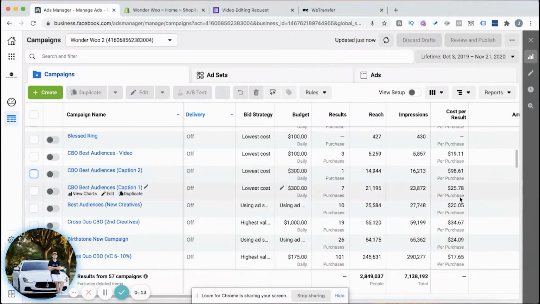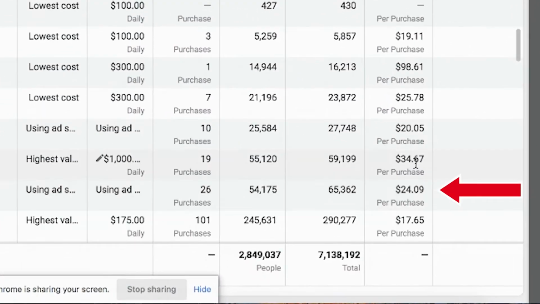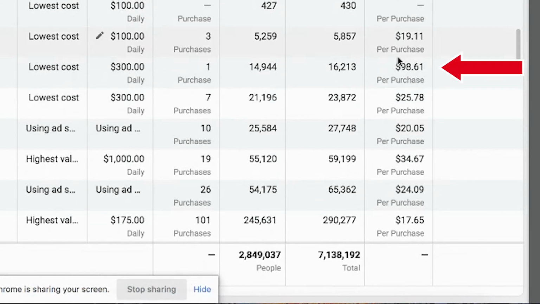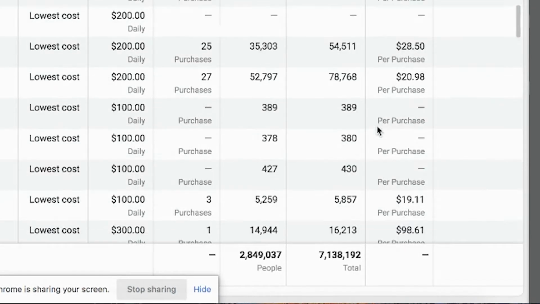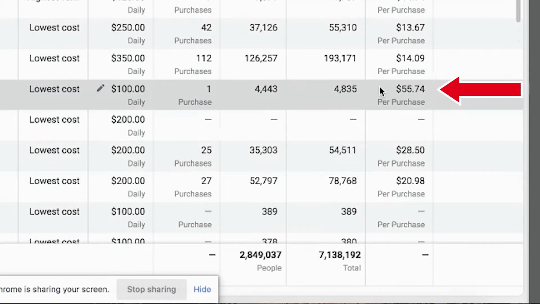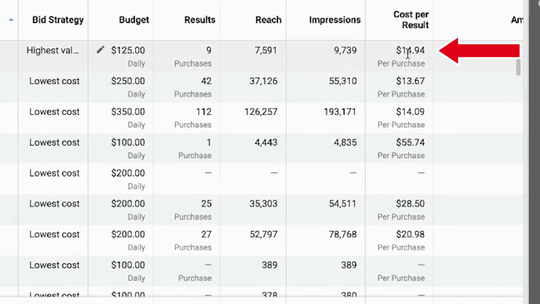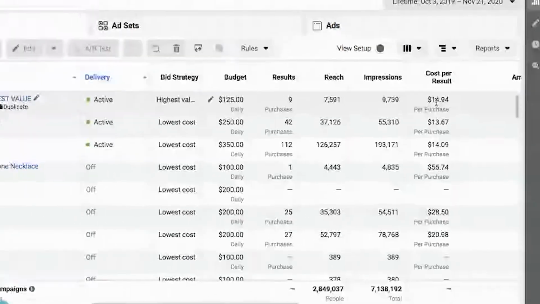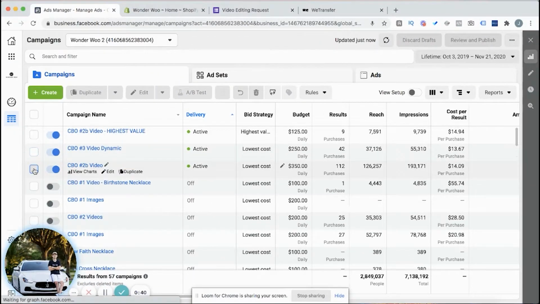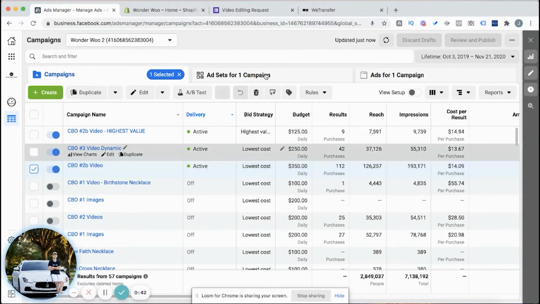So as you can see, other campaigns have been run at $24, 34, 20, 25, 98, 19. Some had zero purchases, 20, 28, 55, and then being able to consistently run ads at a 14, 13, and a $14 CPA, which is very scalable when the product price or average order value is over $31 at about a 30% margin. So what I do is I take my winning video and I run a $200 CBO,